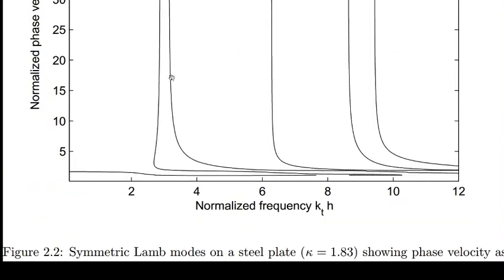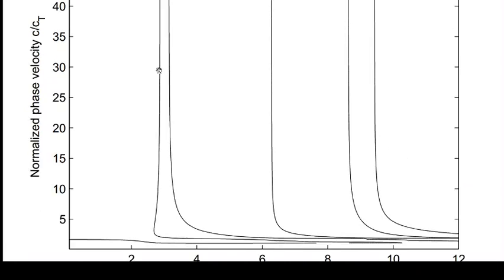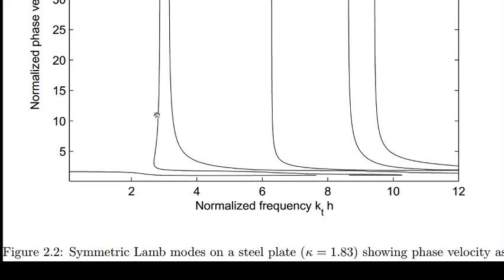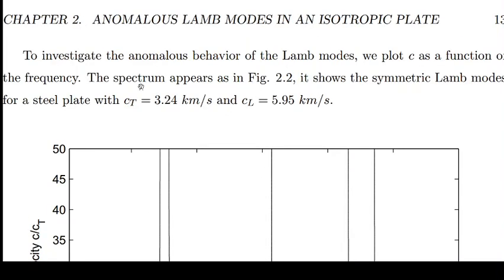For example, this mode, if you check it carefully, its slope here is positive, then it will go like this, and after this it will have negative slope till the end. So when it starts it has positive slope, and when it ends it will have negative slope, positive to negative. So these types of modes are called anomalous modes,